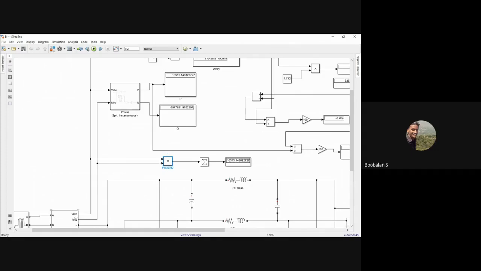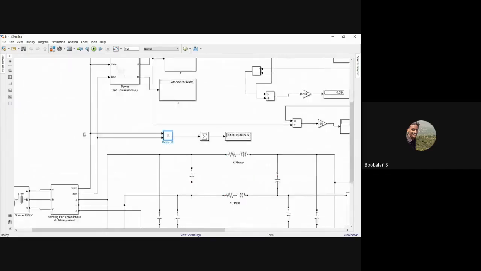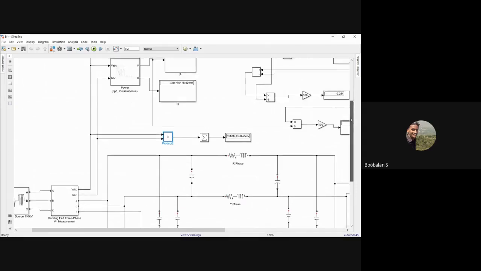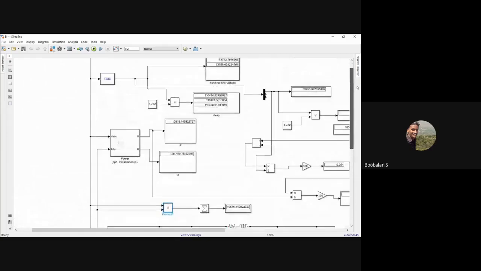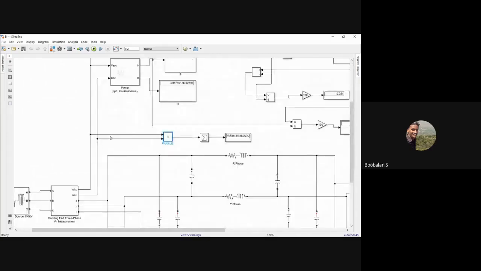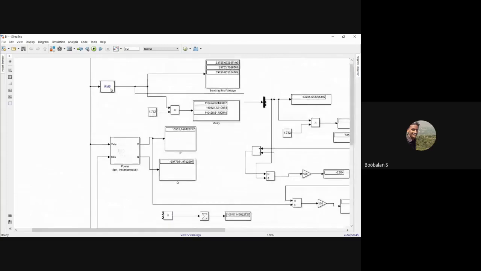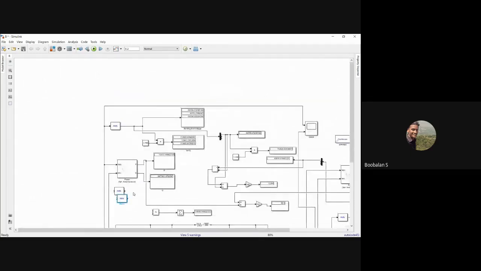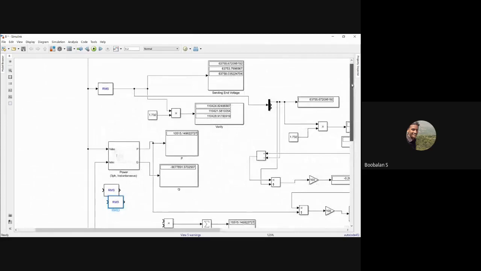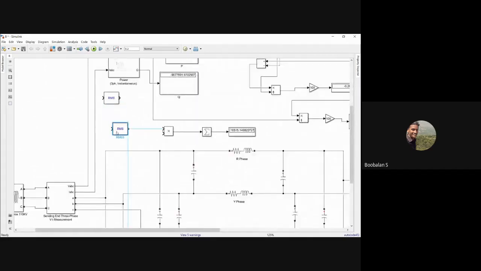Actually, we directly connected to my terminal port over here, right? So actually, this is correct. Arundhati also raised a question. This is also correct. We'll self-verify that one more time, whether it is somewhat different, and check. We need to have I as well as V, right? So I'm going to use two RMS blocks. Before calculating this sending end power, I'm going to copy and paste it. I'm going to use an individual RMS for V as well as I, right?